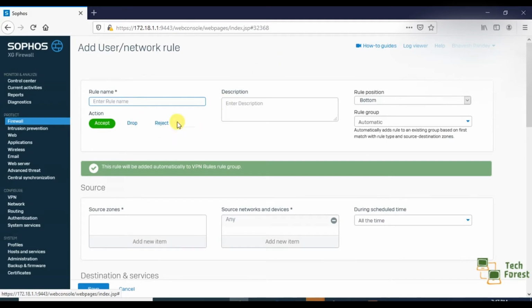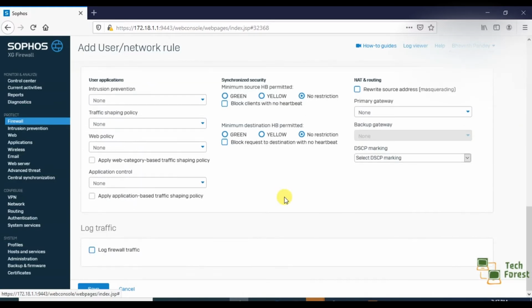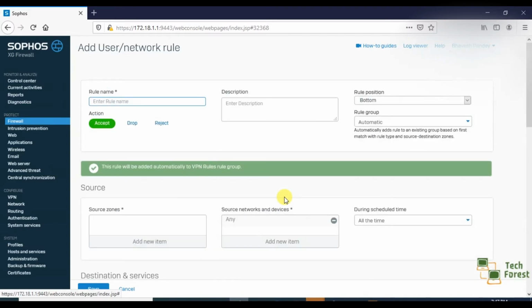Here you can see many options, so let's see how we can proceed. First of all, it's asking for a rule name. Here you can enter any relevant name so that you can find that rule in the future by searching the name. Here I am entering block social networking.